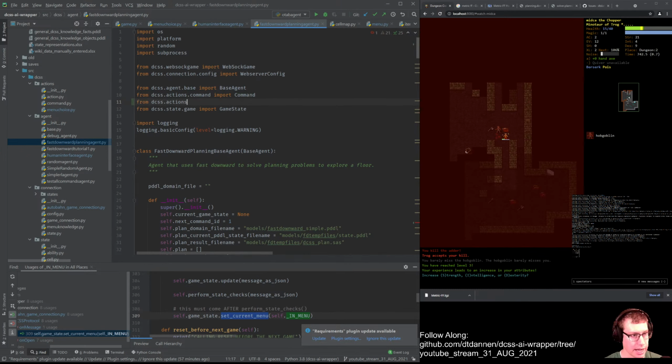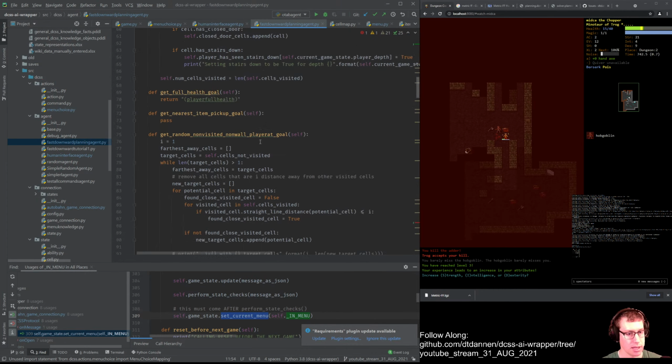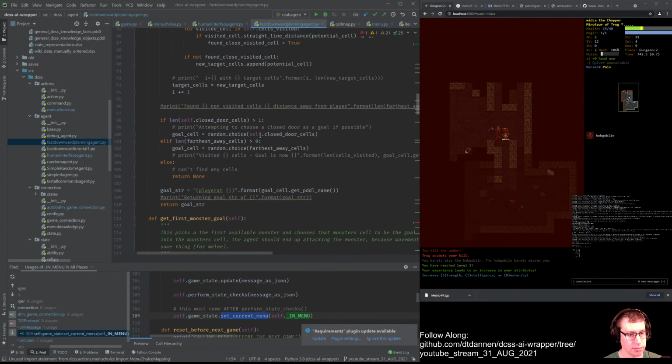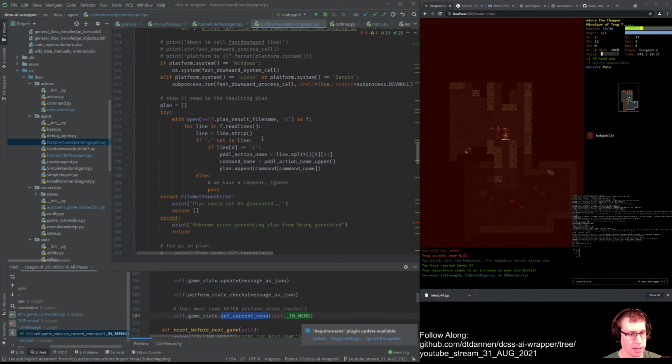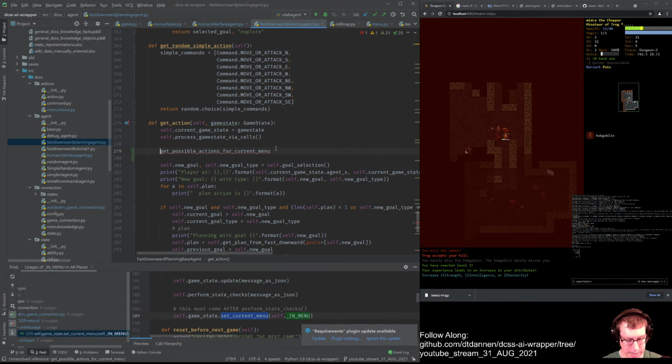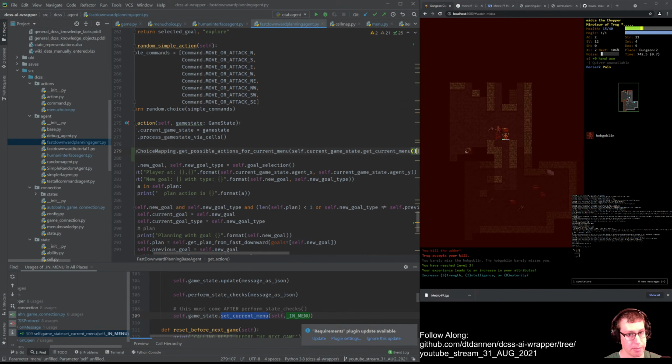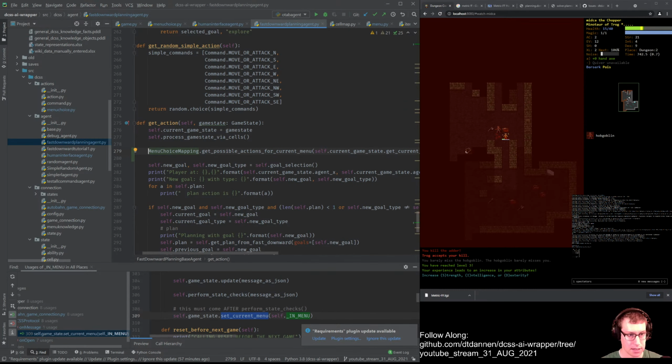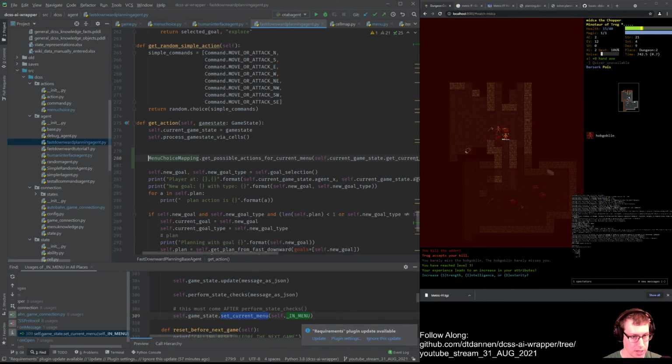From dcss.actions.menu_choice import menu choice mapping. And then what we should be able to do is say menu choice mapping dot, and then we can do self.current_game_state.get_current_menu. So I think we want to say if the current menu is not none,